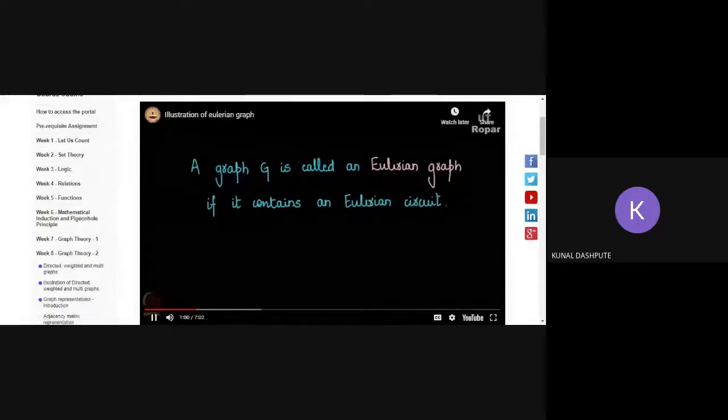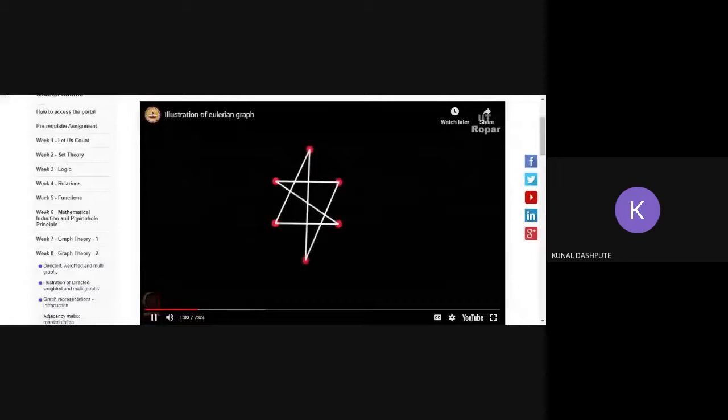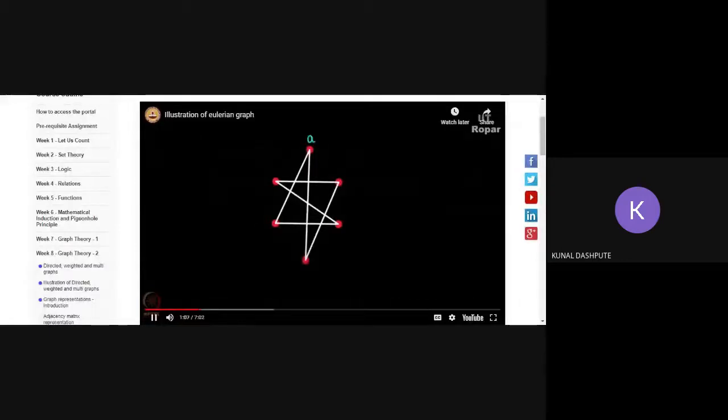Consider this graph on 6 vertices. Let me call this vertex as A. I'll start from this vertex. Okay, let me label all the vertices A, B, C, D, E, F. So let us start from A. Check if it has an Eulerian circuit. What do I mean by that?